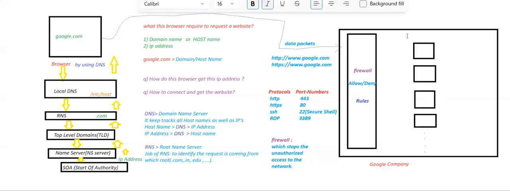Let's say they have multiple web servers, and they also have multiple application servers, as well as multiple database servers. So they also have multiple application as well as multiple database servers. Now